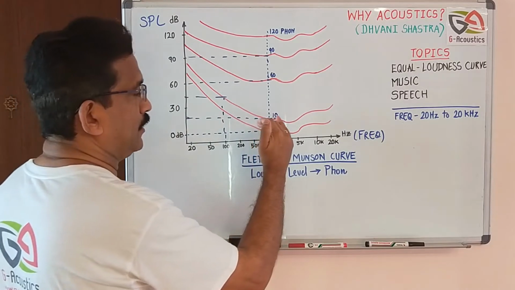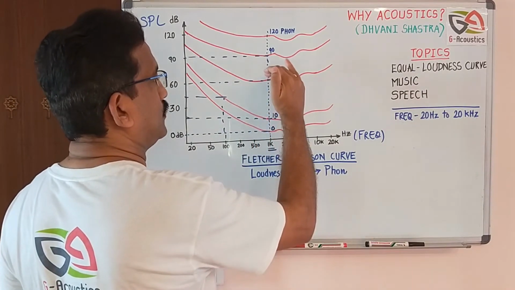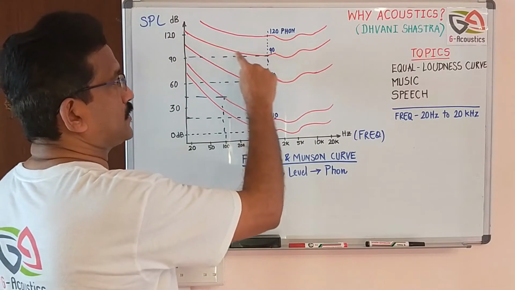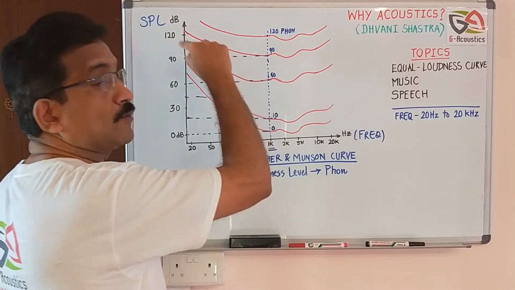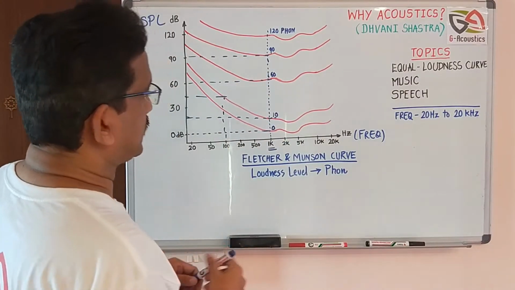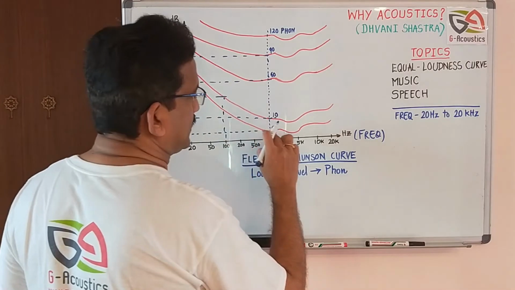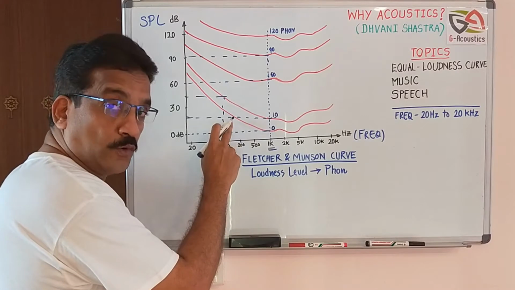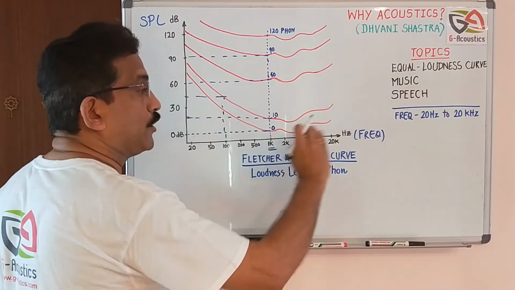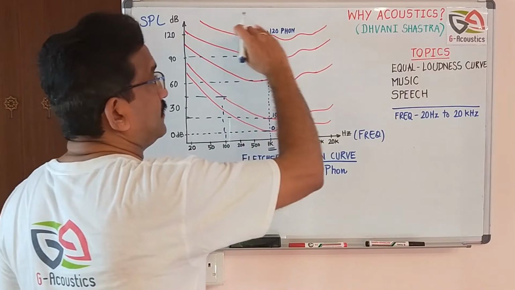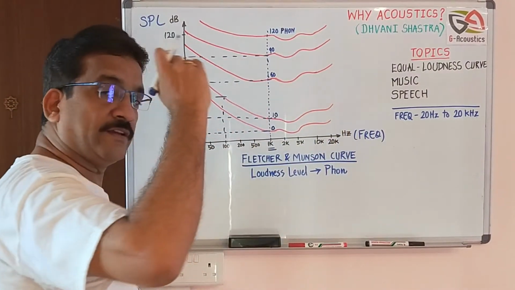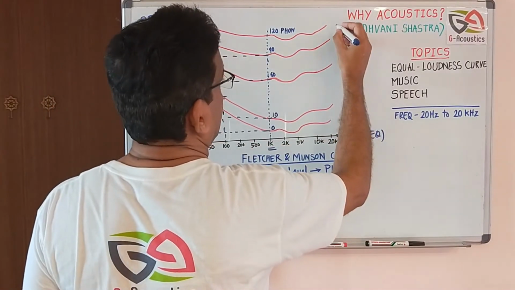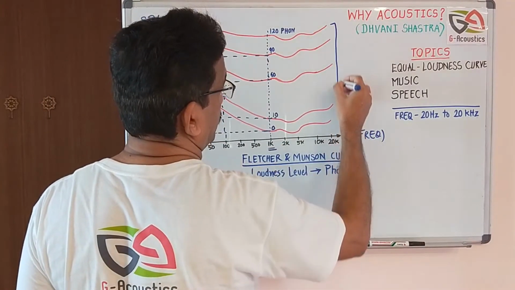Now let us say you go to a higher level, 60 phon to 90 phon. At 90 phon, you can see there is not much of a difference. And this curve we call the hearing threshold. Above this is the hearing threshold where the auditory level starts. And the maximum level that the human ear can listen to, we call the threshold of pain. So basically from here to here,